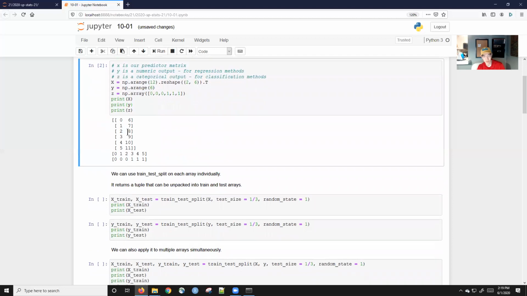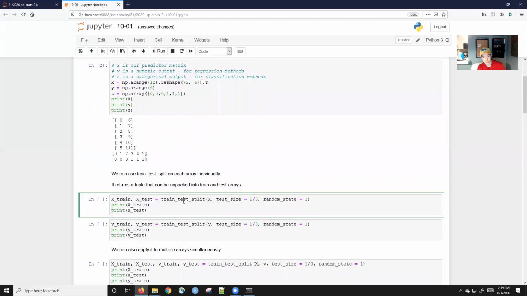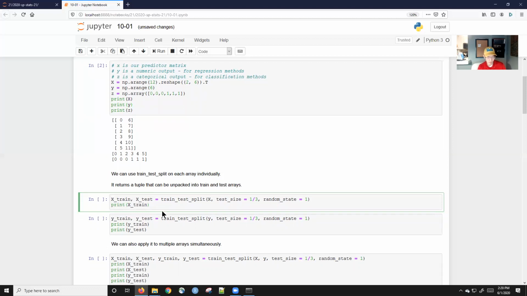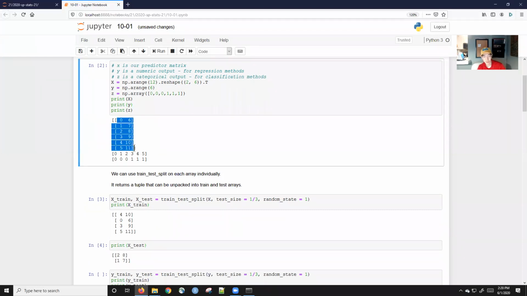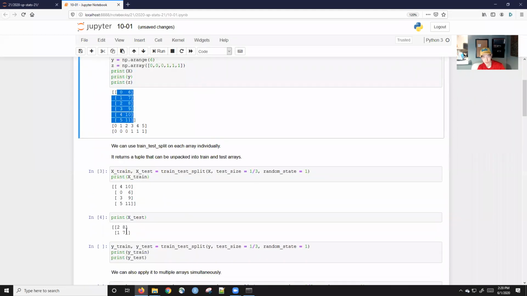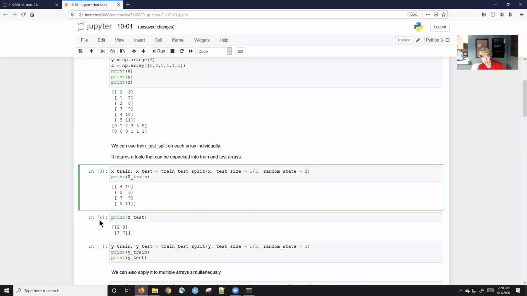Okay, so here I do train test split on x. x is this 6x2 matrix, 6 rows, 2 columns, and we're going to say the test size is 1/3. Then you give it a random state, and this allows for reproducibility, right? The output of train test split is a tuple that we can unpack into x train and x test. It's going to produce 2 arrays, a random selection of some of these values. Out of the 6 rows, it's selected 1/3 of them to be in the test set, and with random state 1, it selected